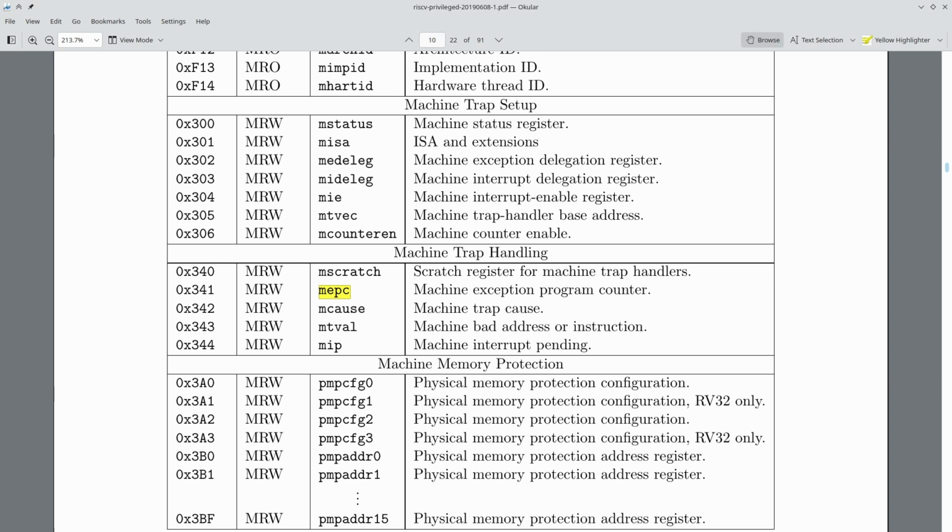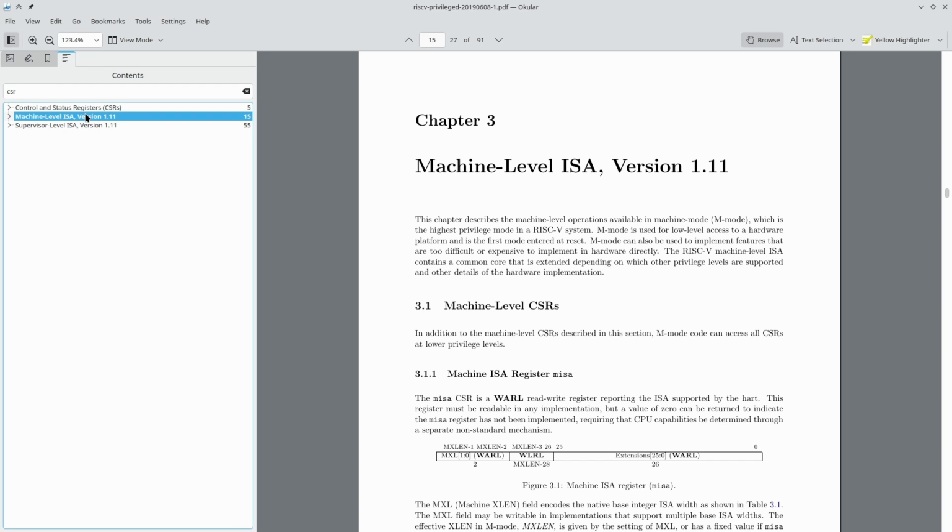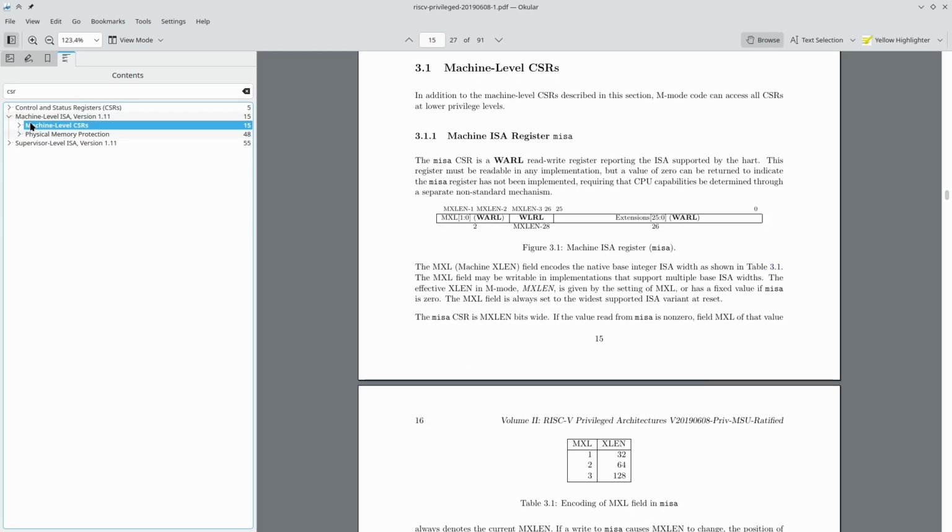The RISC-V has several execution modes designed to allow layered privilege levels. The highest level, which is also the only one our particular CPU implements, is called machine. Since many of the CSRs repeat across multiple privilege levels, they are also often prefixed with the letter identifying the level they serve. So the M in MEPC refers to the fact that this is the machine version of the